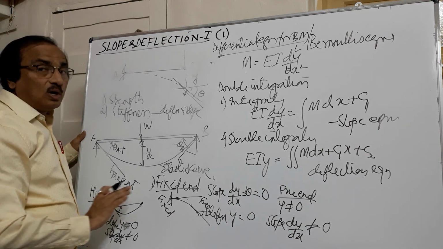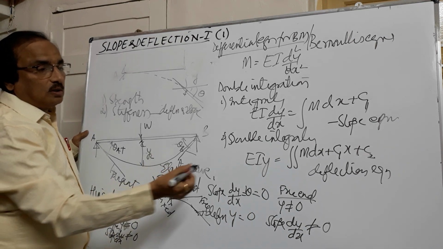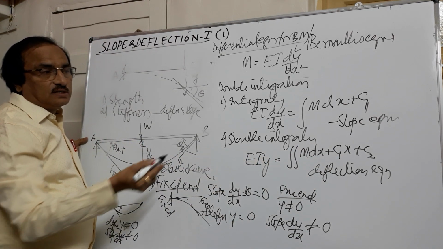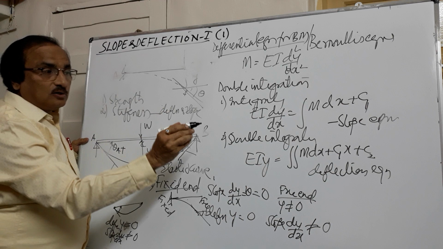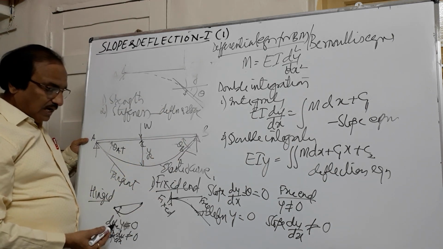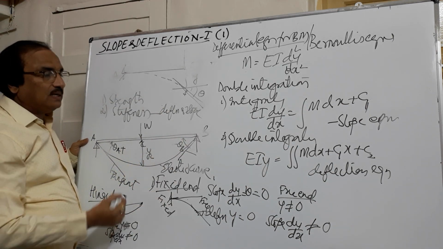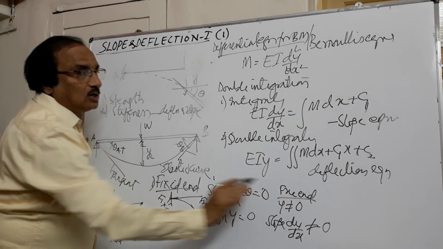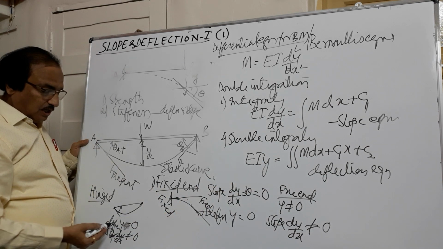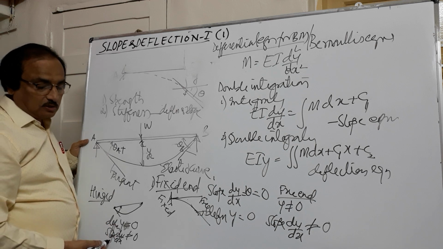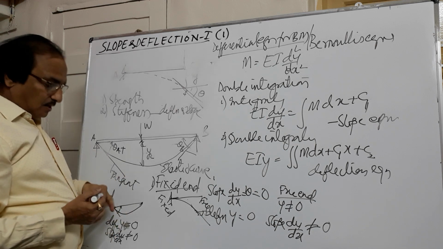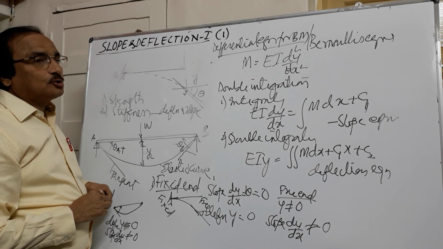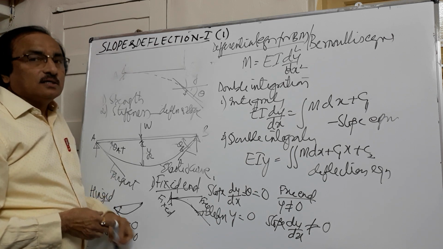So these are the boundary conditions, as we call them, to solve for the constants C1 and C2. Unless you find out the constants of integration, you cannot solve the problem. To find the constants of integration, we use these end conditions depending upon the type of problem. So at fixed both are 0, at free both are not 0, at hinged deflection is 0 whereas slope is not equal to 0. Using this background, we will see how to find the deflection and slope in cantilever beams and simply supported beams.